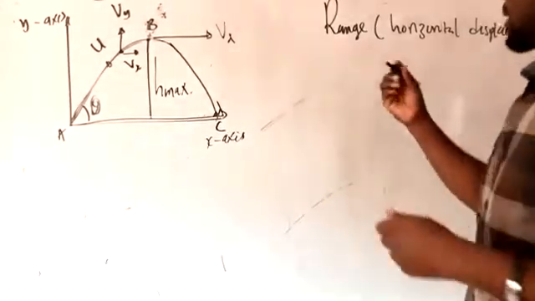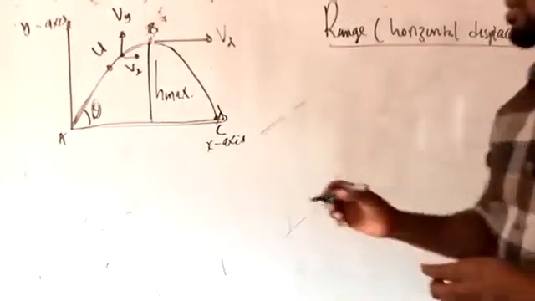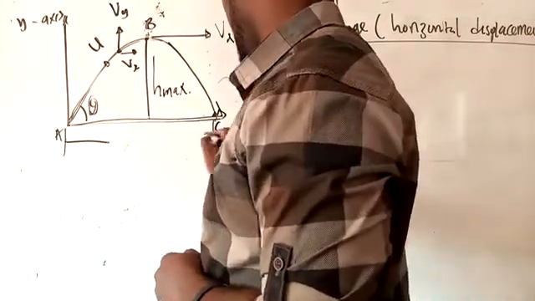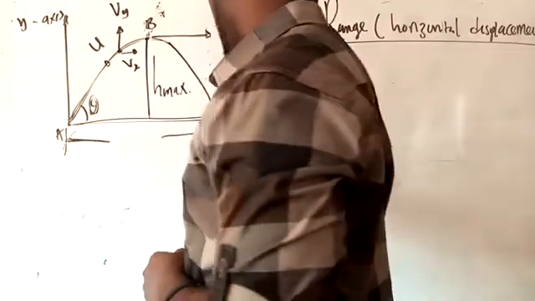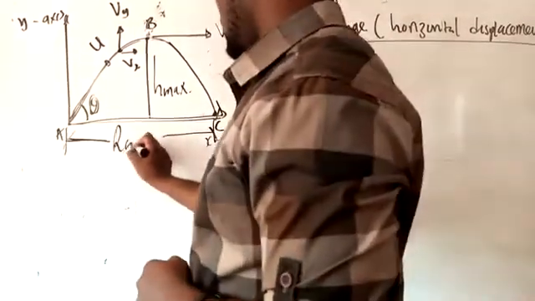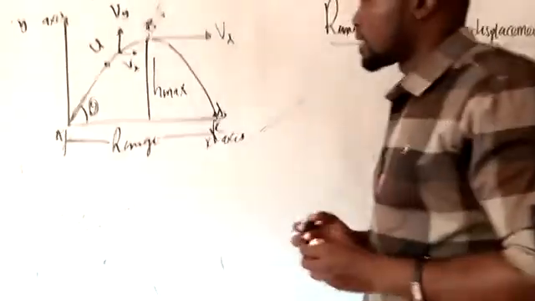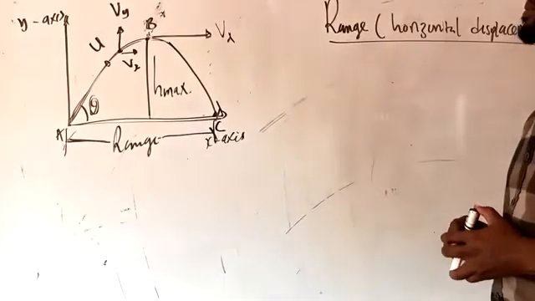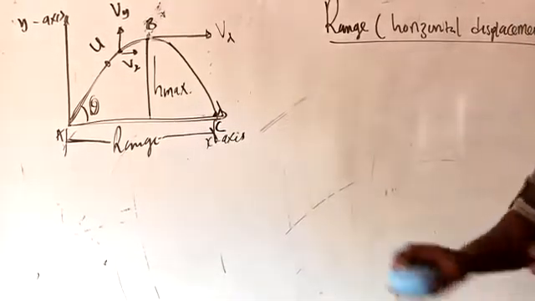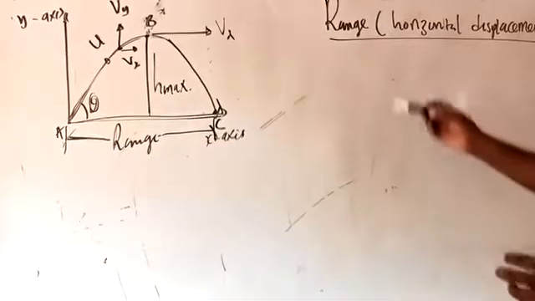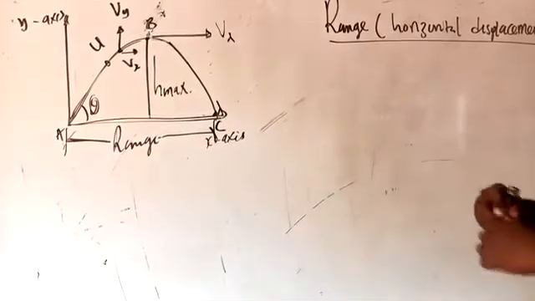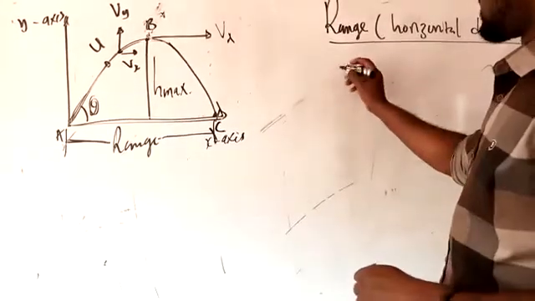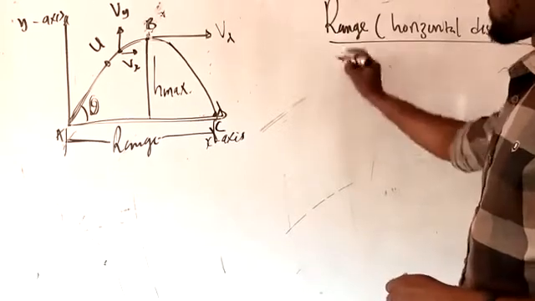Okay, so with the range we are looking at this distance from there, all the way to there. That is the range, which is the horizontal displacement. So what's the distance on the ground from point A to point C? Now, if you look at the range, you will remember from basic or elementary physics that distance, I'm going to call it range